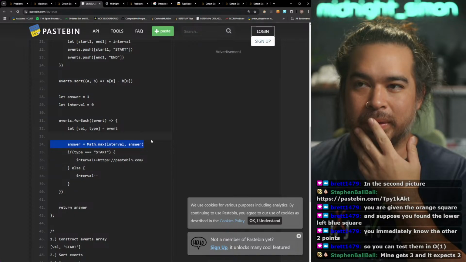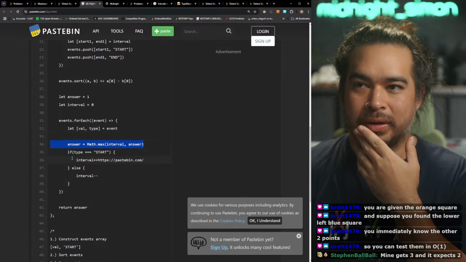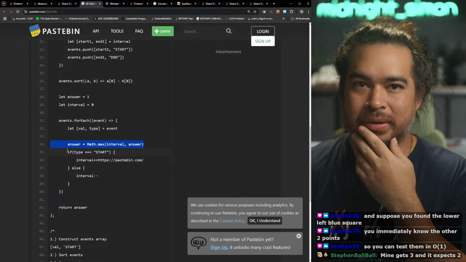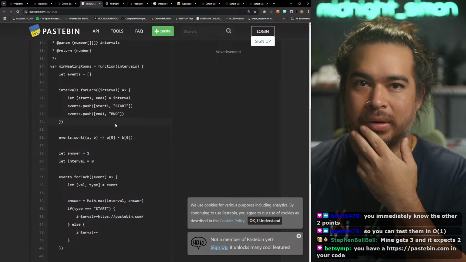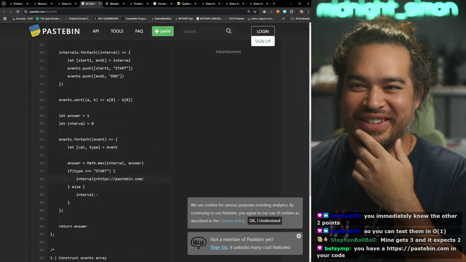Wait. Int, does that even matter? Oh. You have a paste bin in your code, yeah.